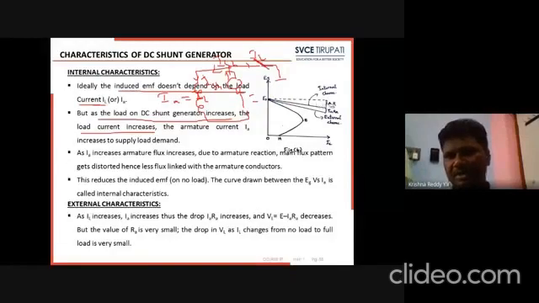But due to armature reaction, as the load current increases to meet the increased load, the flux produced by the armature winding also increases and affects the main field flux. As the flux is distorted,